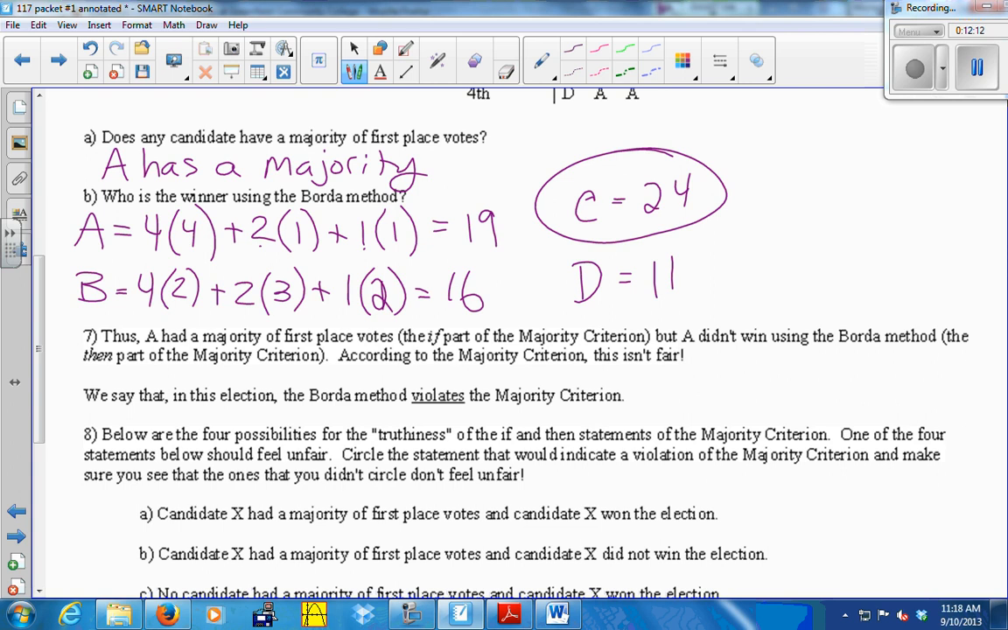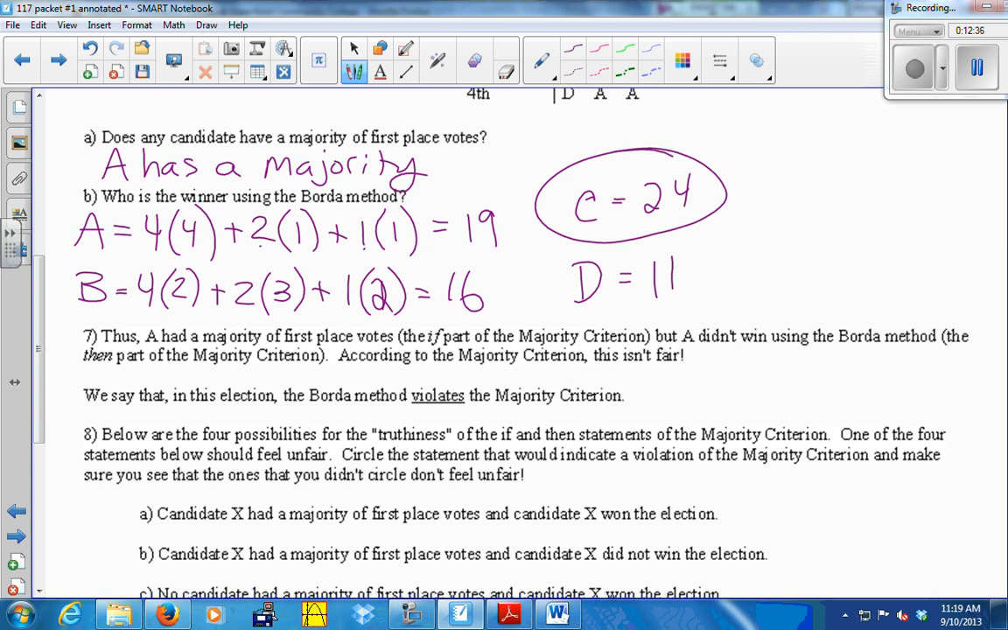But instead of calling it a rule and saying we broke it, we call it a fairness criterion and we say we violated it. So we say the Borda count method in this election violates the majority criterion because we had a candidate who had a majority of the votes and did not win. Does